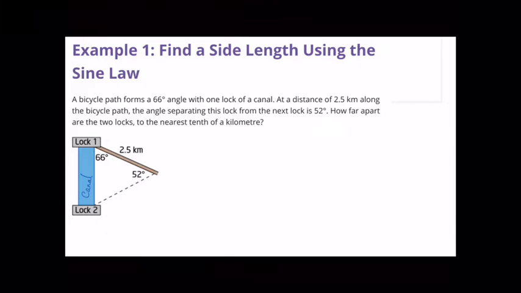So we've got a bike path that forms a 66-degree angle with the canal, with one lock of the canal. At a distance of 2.5 kilometers along the path, the angle separating this lock from the next lock is 52 degrees. And like I said,